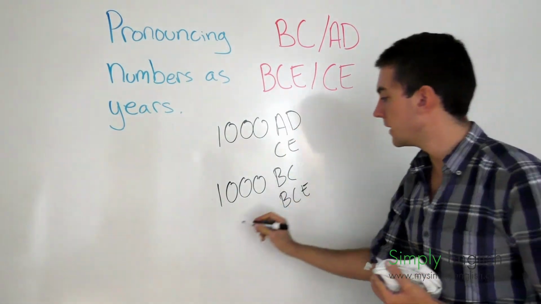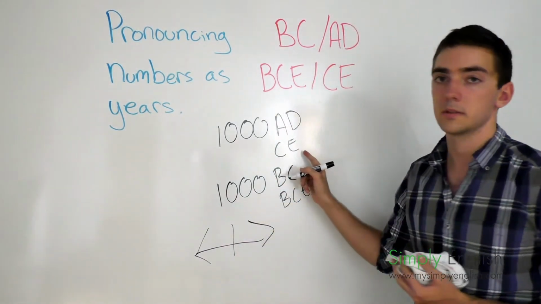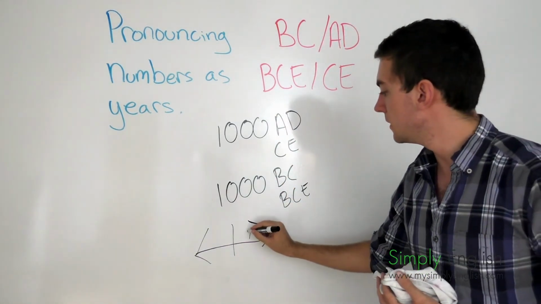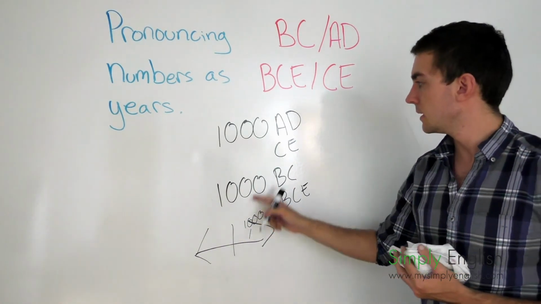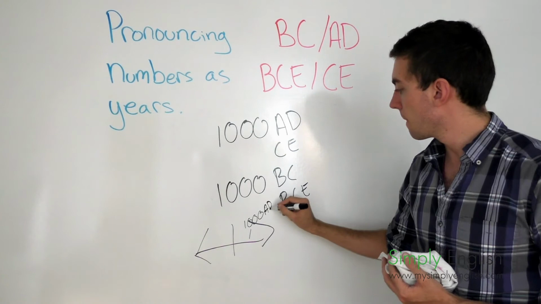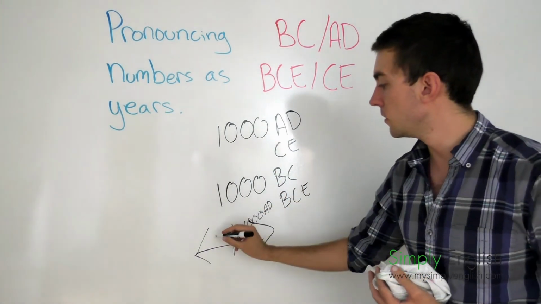So if someone says 1000 AD or CE, we know it's going to be here, after this middle point. But if we say 1000 BC or 1000 BCE, we know it's going to be here,